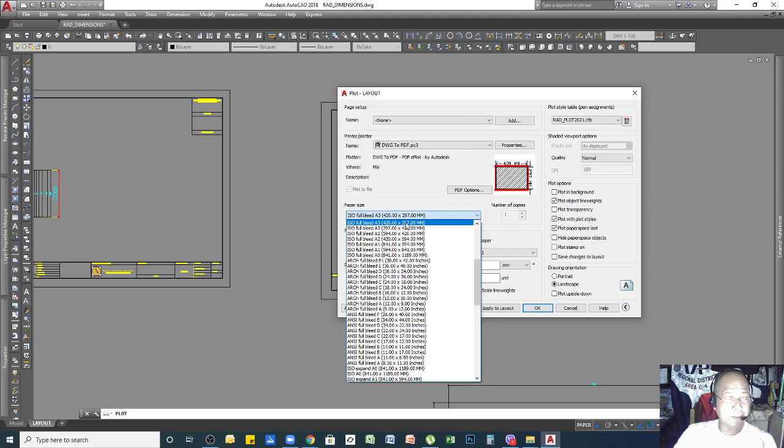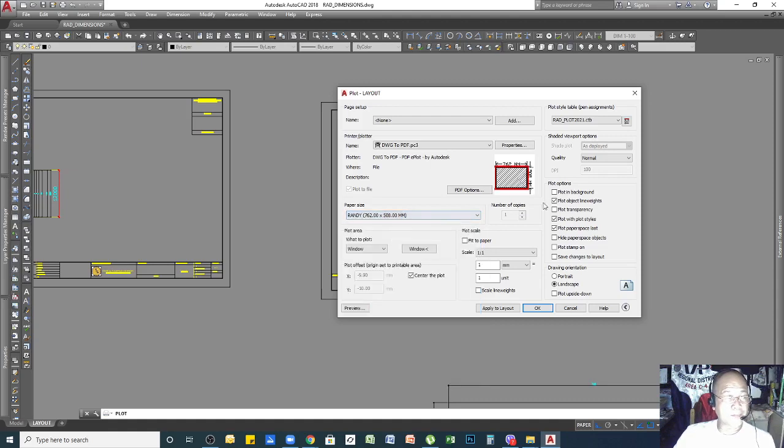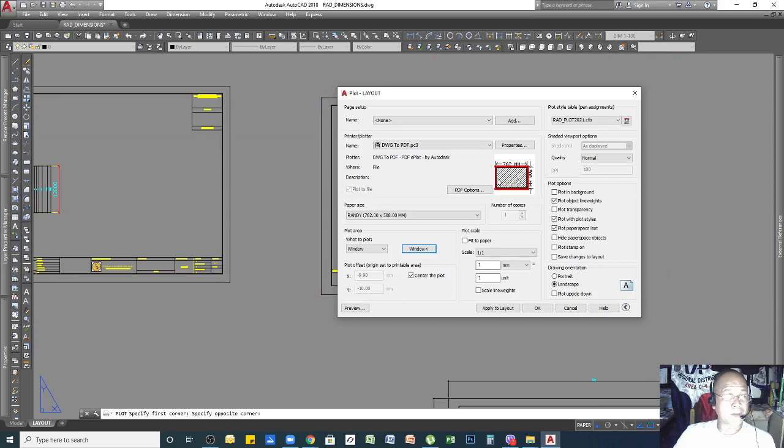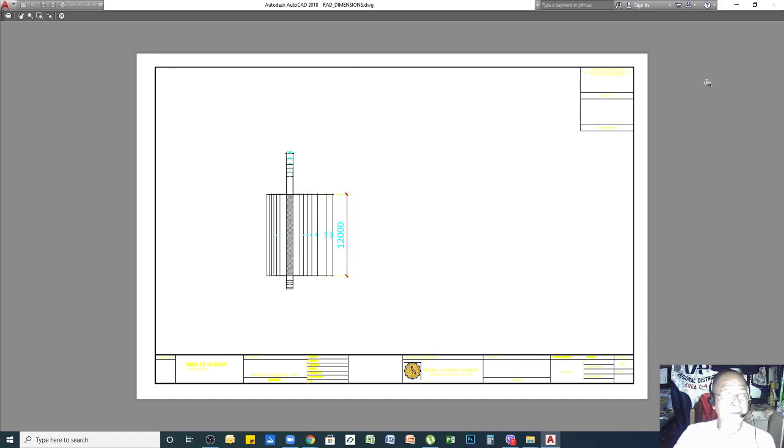That's why it's too big for the A3, because our size is 20 by 30, or what is the value in metric? You remember 762 by 508. So I have already set up, which I demonstrated last time. So I can select this one. Okay, and then again, to make sure, I will click window like that. Now I will see in preview. So it's good. Everything now is set up.